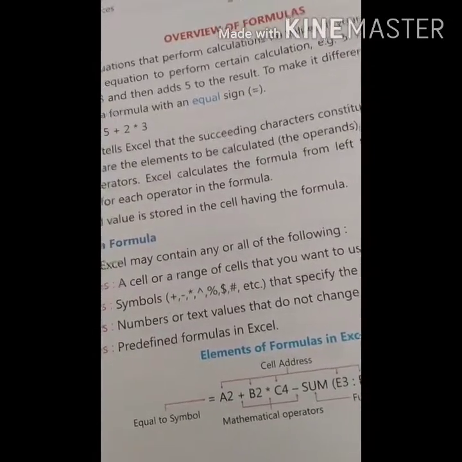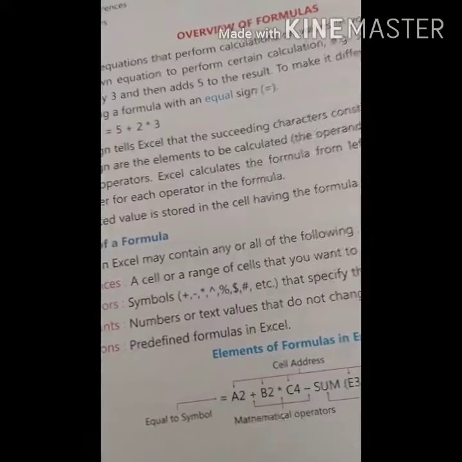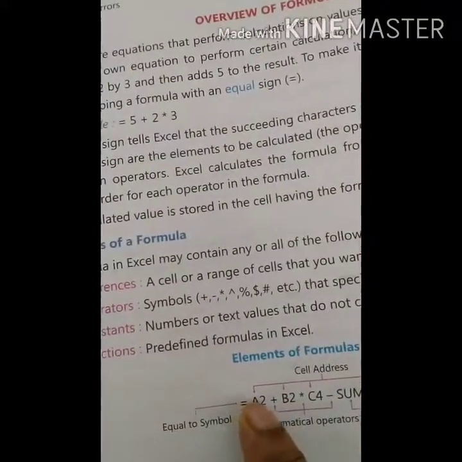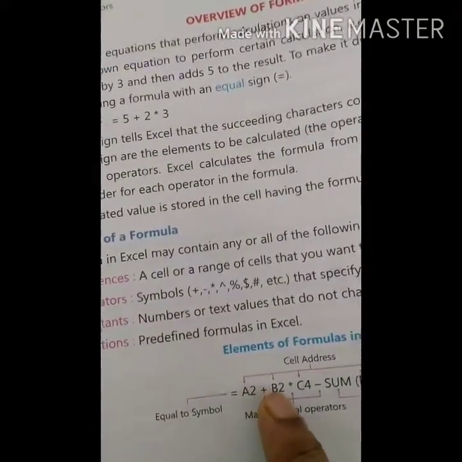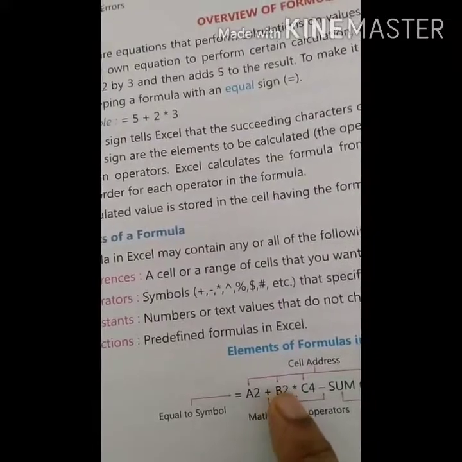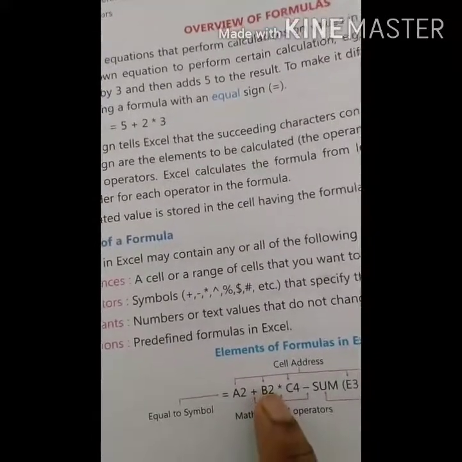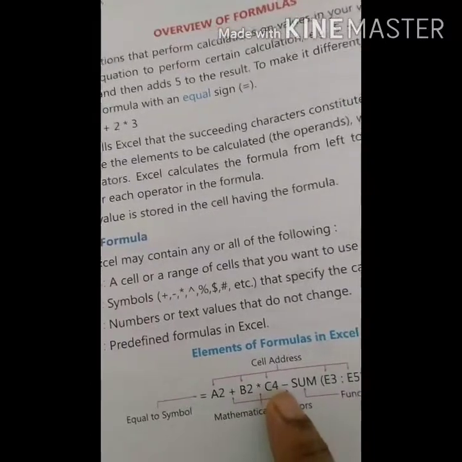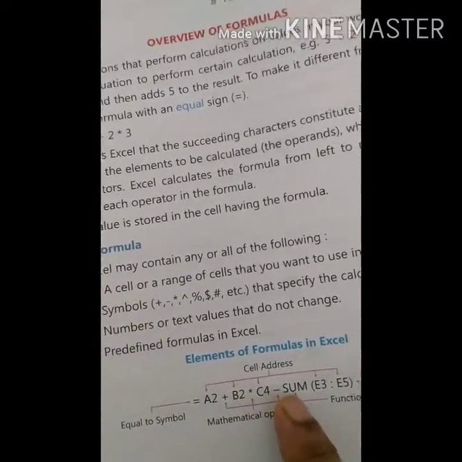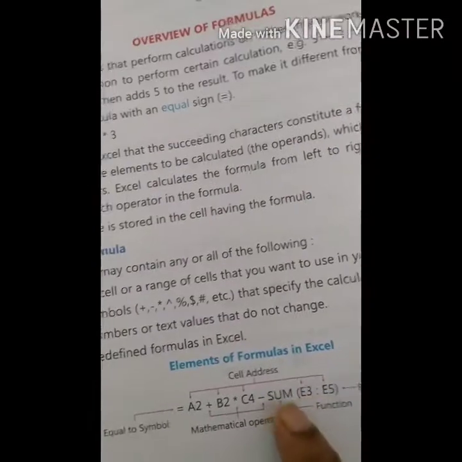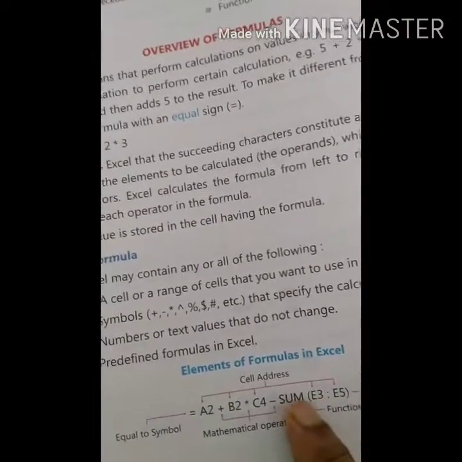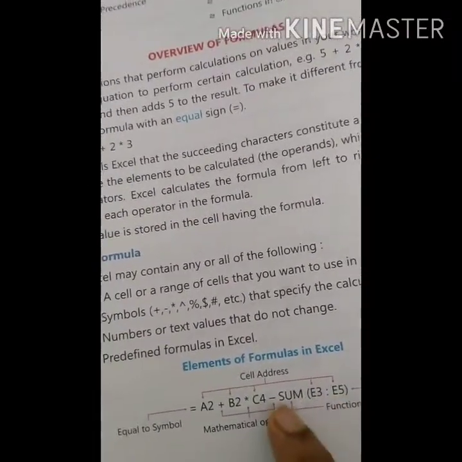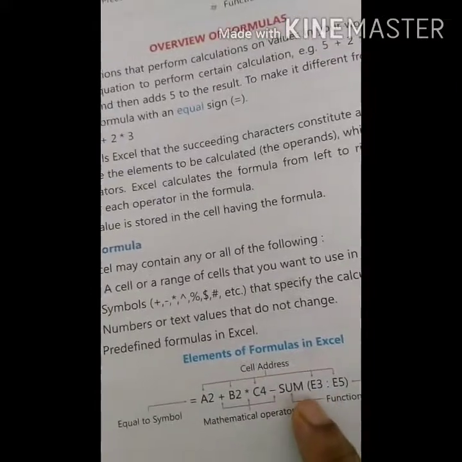In that position, whatever value is given, it will take that value. Plus B2, B column, 2 row, this into C4, C column, 4 row, minus sum. This is a formula of getting the sum, addition.